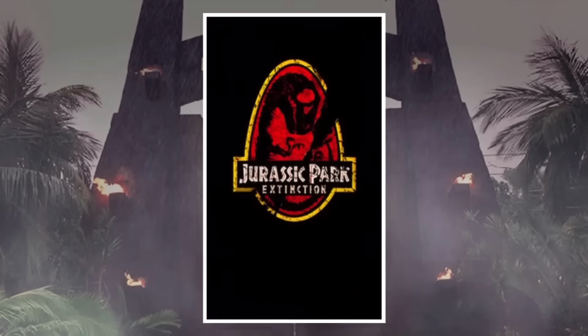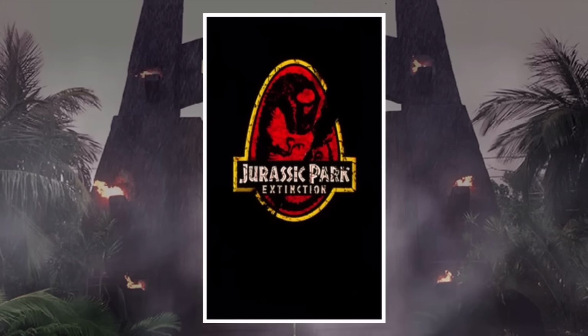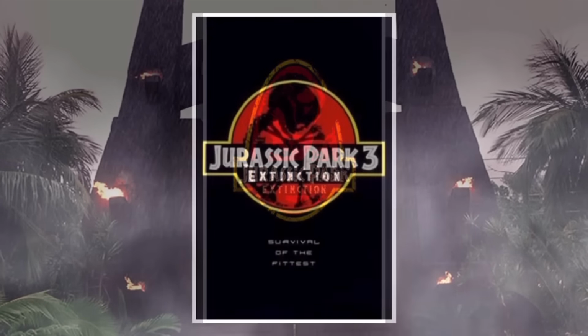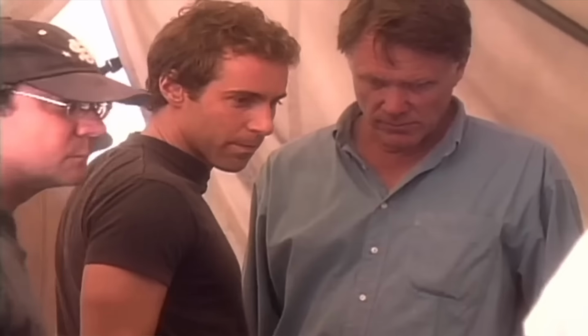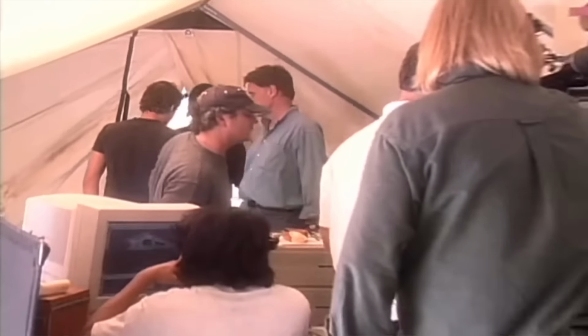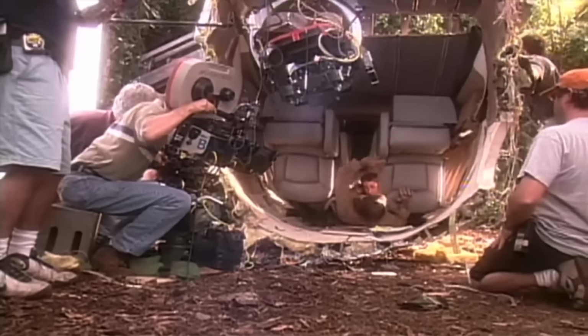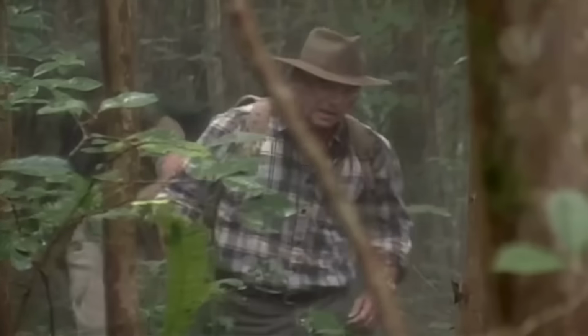Now, other concept posters that were drawn up during this time of production featured the JP logo in the form of an egg, along with a few other riffs on the human death involvement for that film's plot. I'm not too certain whether or not this screenplay would have been the same one that Joe Johnston has brought up in the past, which was another version of JP3 that involved two planes flying over the ocean and one of them crashing on the island. Either way, I still find this mysterious stuff super interesting.